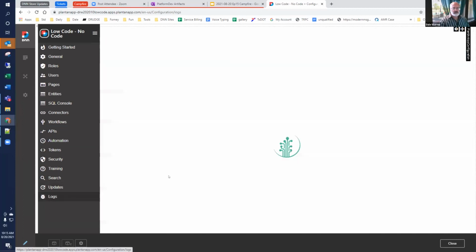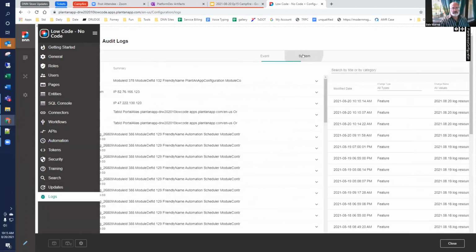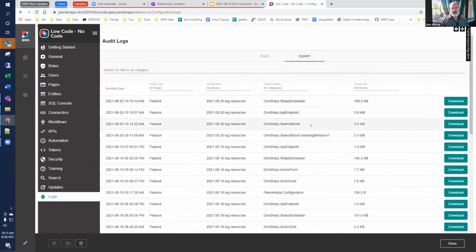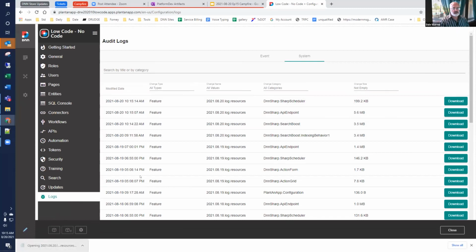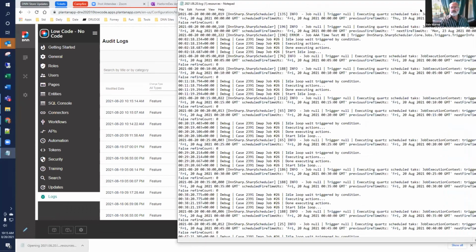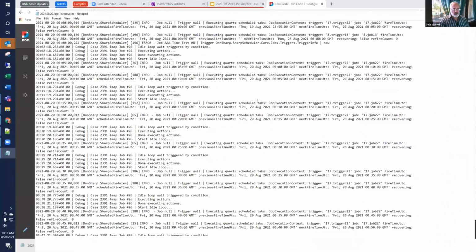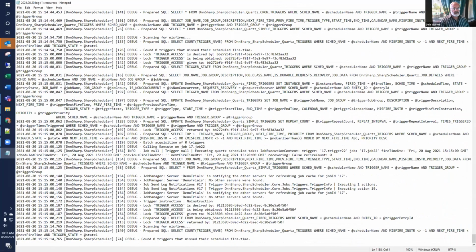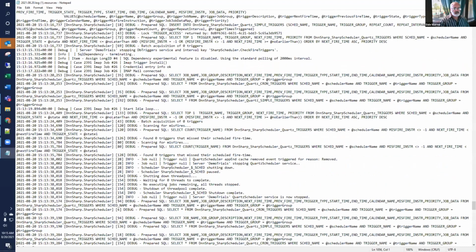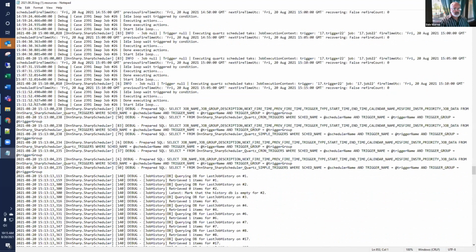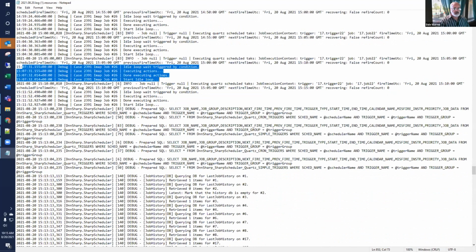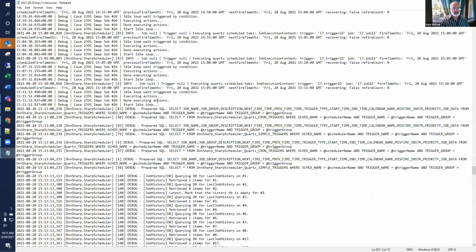So let's take a look at the logs now. We go to Sharp Scheduler, to logs system, and we'll go grab the Sharp Scheduler log, and I see it's much bigger now. Let's see if we can find where all this starts, watching the timestamp there. 1507 was where we were before, and it didn't say very much at all. But now we're seeing